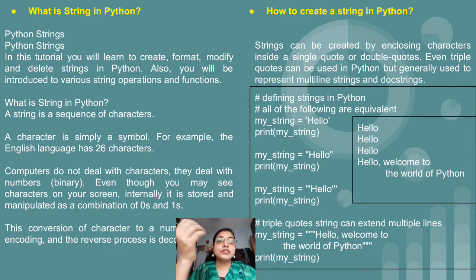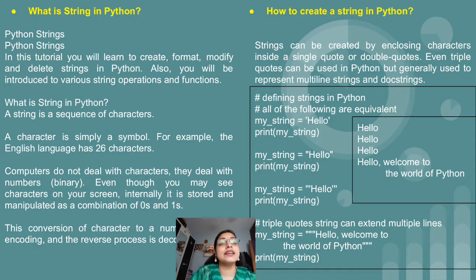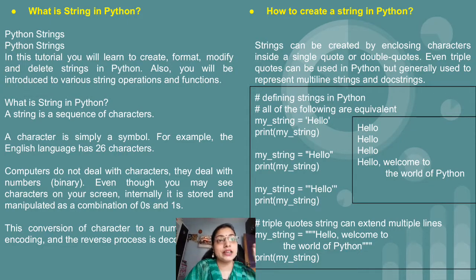So basically, let's start with how we can create a string in Python. Just see the example which is given in the square bracket. First I have declared my_string equal to hello, and that declaration is in single quotes. And then we have printed my_string, meaning we have just printed the variable which is of string type, and after that we will get the message as hello. So this is one type of declaration, that is within single quotes we can initialize the string.